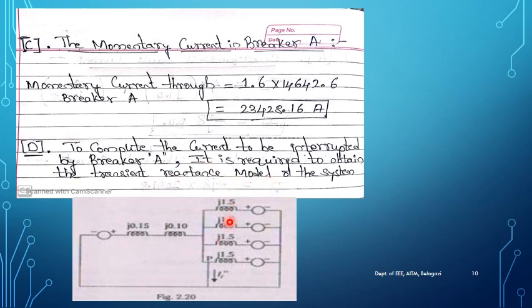So look over here. The transient reactance of the motor was how much? 1.5, and the sub transient reactance, these are given values. The sub transient reactance of the motor was 1 per unit, but here you are going to consider the transient reactance. So the transient reactance of each motor is 1.5 per unit value. Now let us simplify it further to find out the interrupted current value.